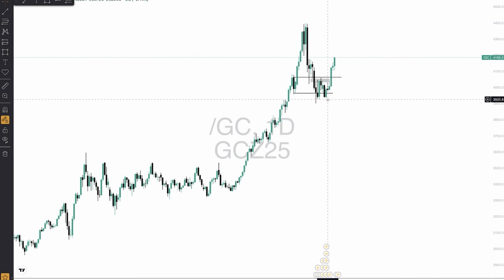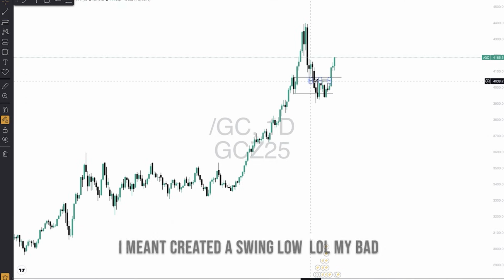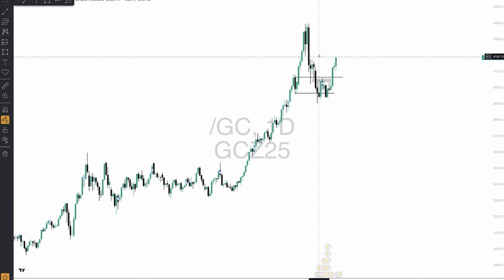But what did it do? It came back, and then instead of attacking these lows and making new lower lows, it decided to make a swing high, creating a bullish order block here. So what is that telling me? Okay, if it was bearish, it should have respected this and continued lower, and then we could have possibly looked for liquidity here and these fair value gaps here as price was trading lower, right? But no, instead it rejected this whole idea of this bearish fair value gap working, violated it, created a bullish order block here,